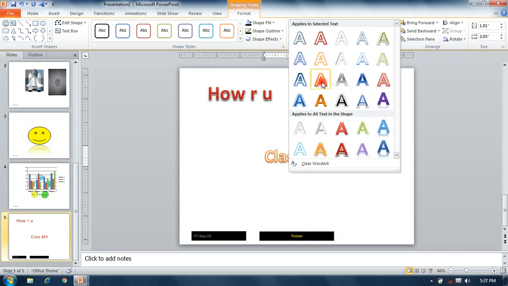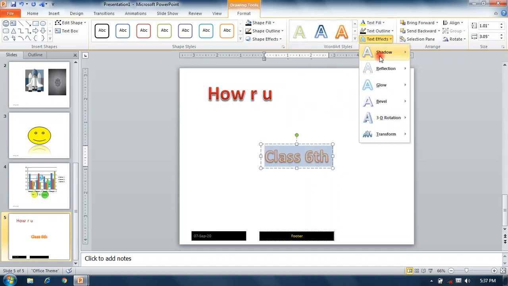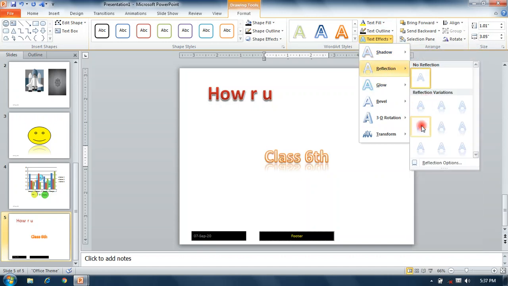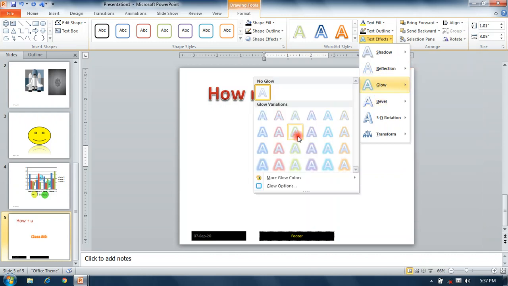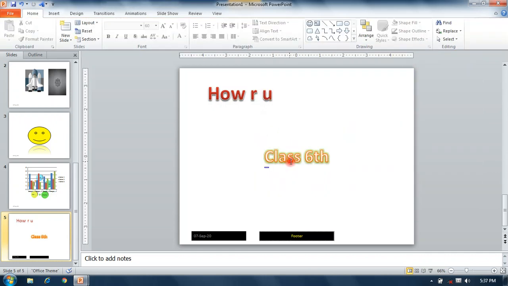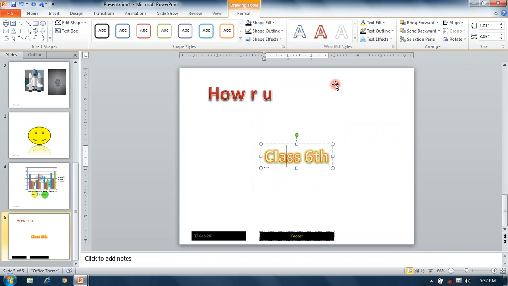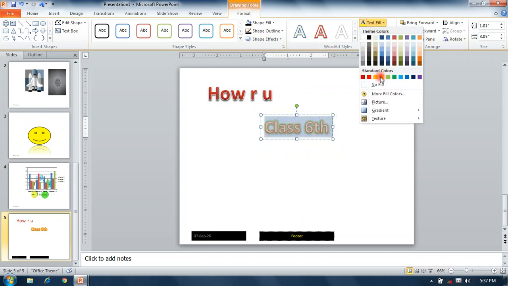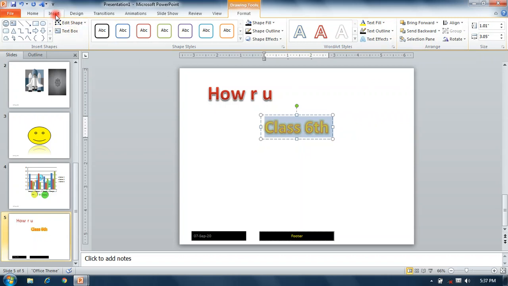We can change from this shadows effect, allow shadows, reflection, glow, as you can see. So when you want to format any object, first of all it must be selected by you. When you select your object, then you can format it. Okay.